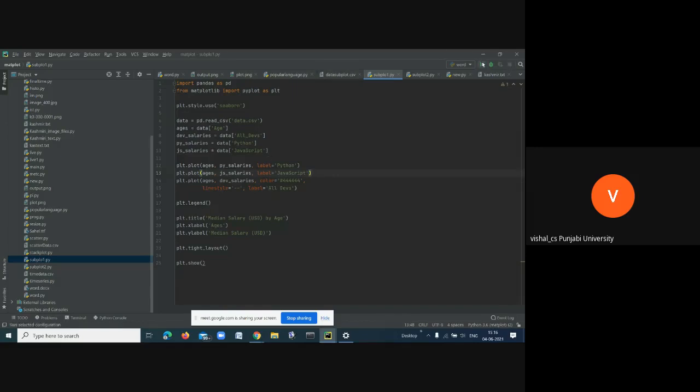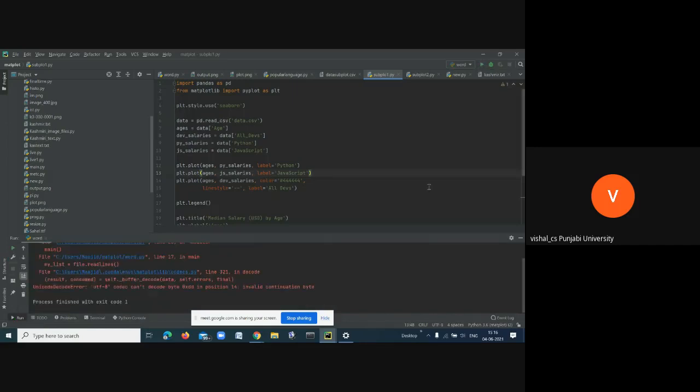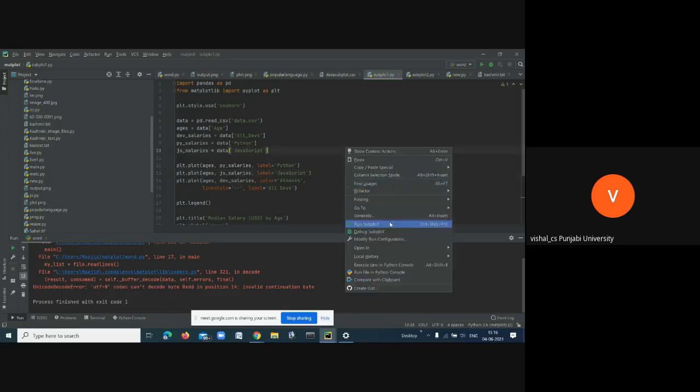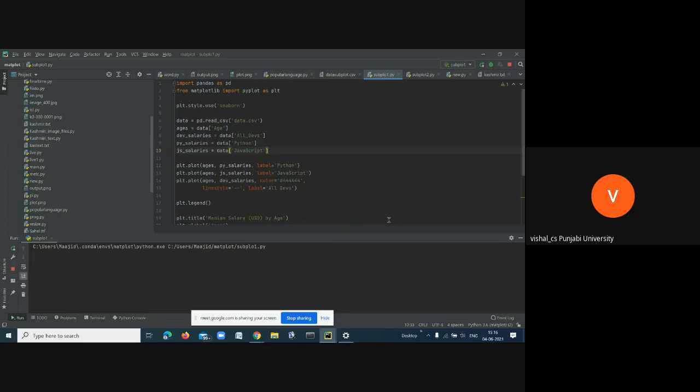See, if I run this, what is going on? Invalid continuation type? Okay, this is some other error.